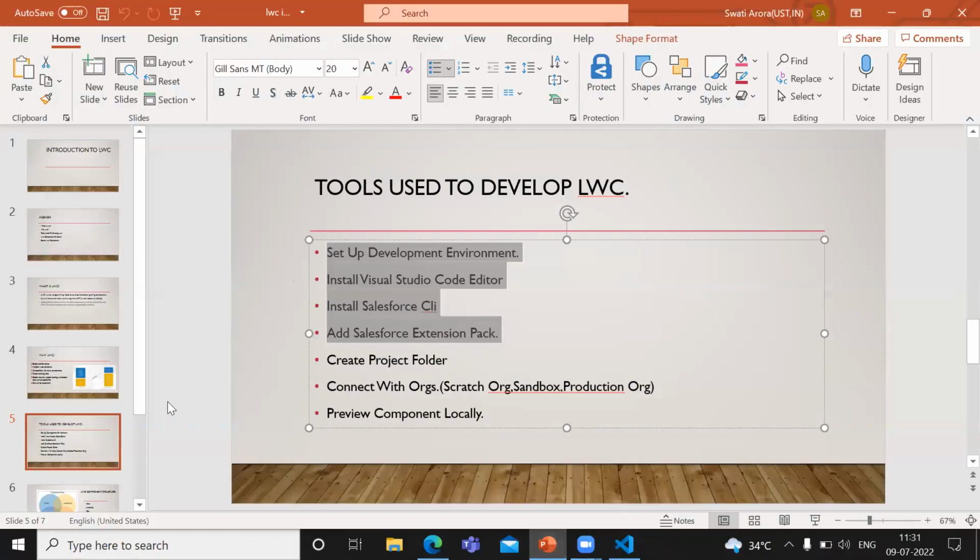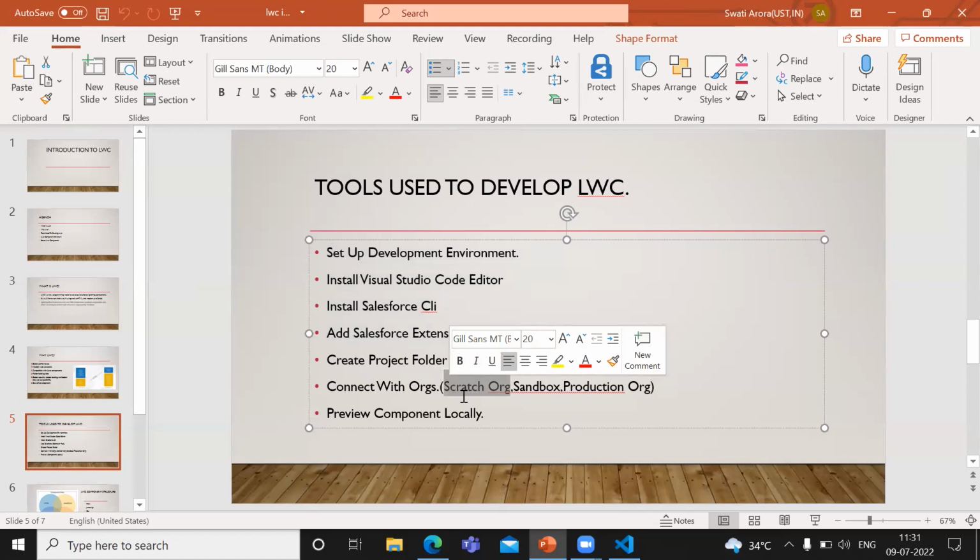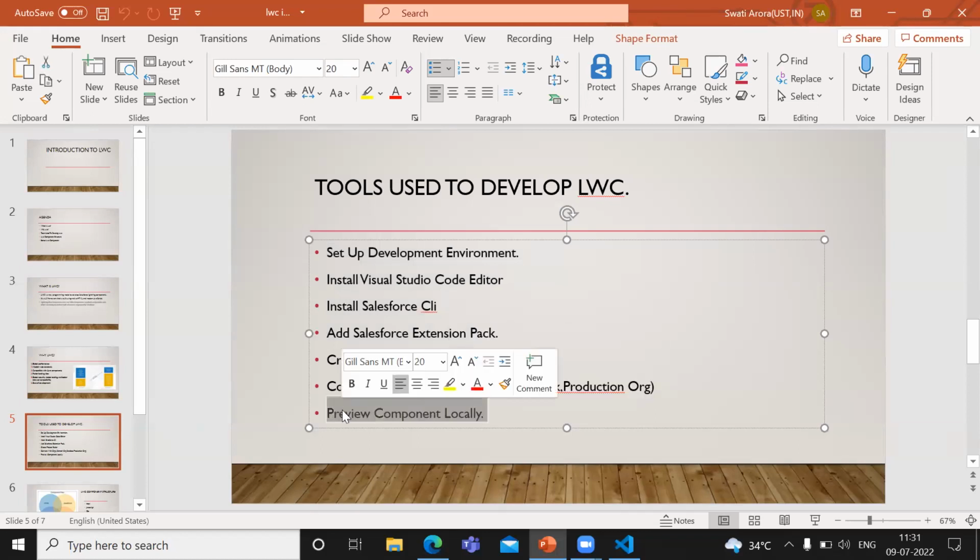So if you see over here, we have created a project folder. We can connect with orgs, we can connect with a Scratch org, we can connect with a Sandbox, we can connect with a production org. But right now I have demonstrated on a Scratch org. But yes, we can preview our component locally also, if you don't want to preview your component in a Scratch org. But generally we don't prefer previewing our component locally